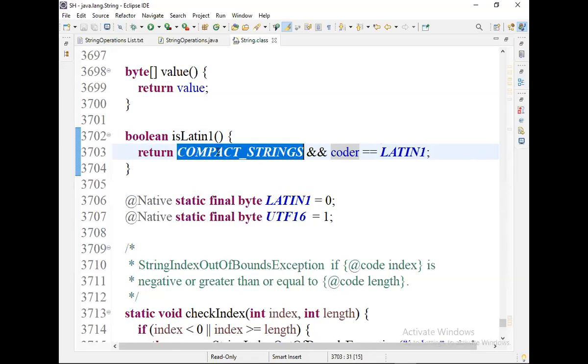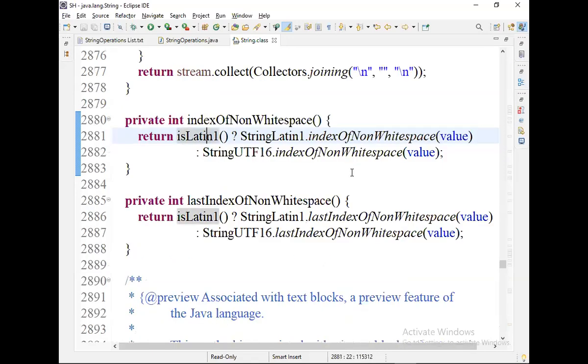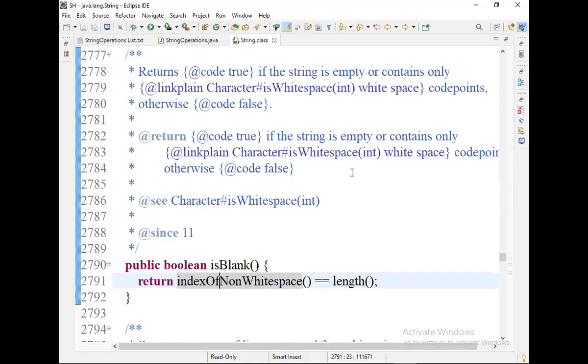You see, variable names in blue color are static variables. CODER_STRING_LATIN is in italic font. Blue color with italic font and all capital letters is nothing but a final variable, a final static variable. This coder is a static normal variable. There is some complicated code, but take it light. You do not need to understand that heavy code. In your free time, just go through it once.